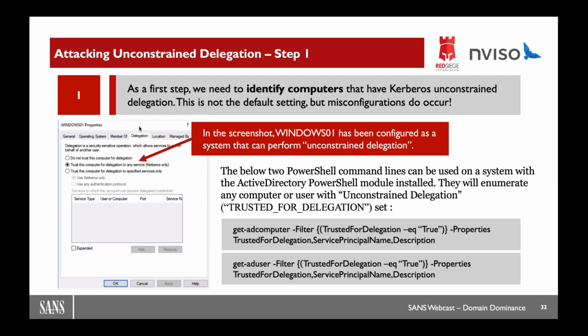for unconstrained delegation. You could say, Erik, we don't want to use the GUI to check these things. I added a couple of PowerShell commands here that you can use to spot these as well. So Get-ADComputer, Get-ADUser for computer accounts or for user accounts to spot accounts which have indeed, as you can see in the properties, the TrustedForDelegation flag set. That means that they have unconstrained delegation. If you find any systems like this and they're not domain controller computer accounts, you do want to have a look and see what's going on, because that could potentially expose your entire forest and even other forests as well.